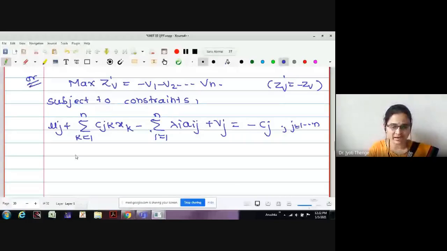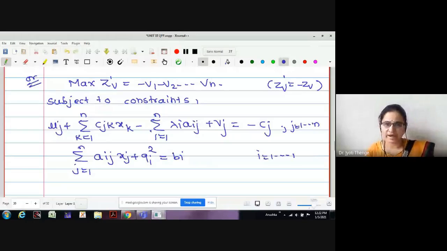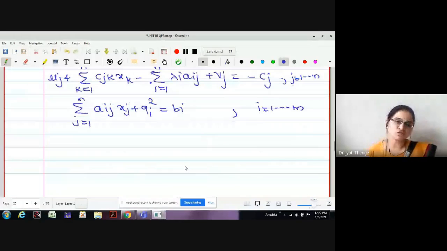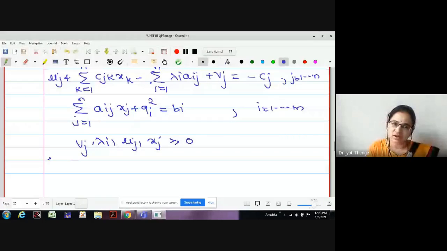What is the second constraint? The second constraint is actually the original constraint itself: summation aij xj plus qi square is equal to bi, for i equals 1 to m. Third is minus xj plus rj square, which actually gives us the non-negativity restriction. Therefore, here we will write all Vj, lambda i, mu j, xj greater than or equal to 0, and they satisfy